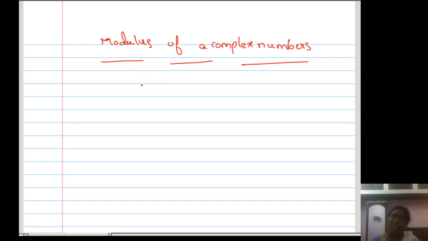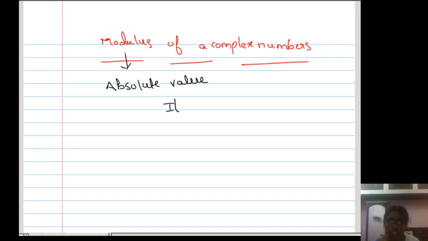First write down the definition of the modulus of a complex number, then I will explain. Modulus is also called absolute value. Both are the same, don't confuse. If any problem is given asking for the mod of z, or instead gives the absolute value of z, both have the same meaning. So you can say modulus or absolute value of the given complex number. Now what is the modulus? How to find the modulus?